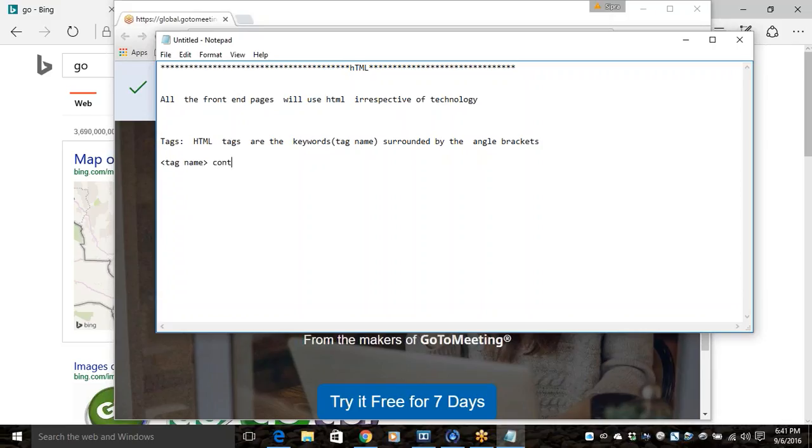In between, whatever content you want to write, you can write it, and end it with the backslash tag name, in angle brackets like this. Okay, so if you want to go ahead with this one, you can check it out in